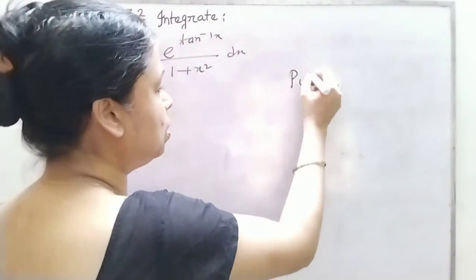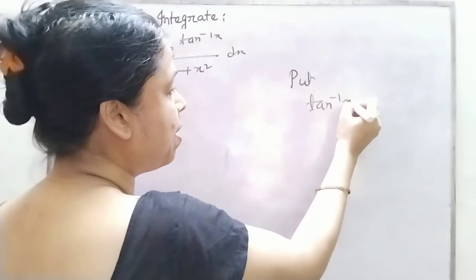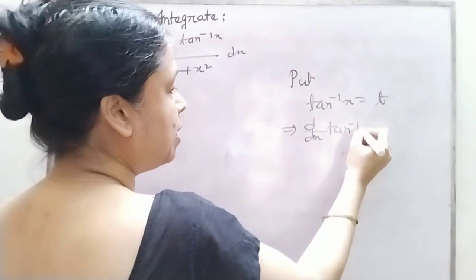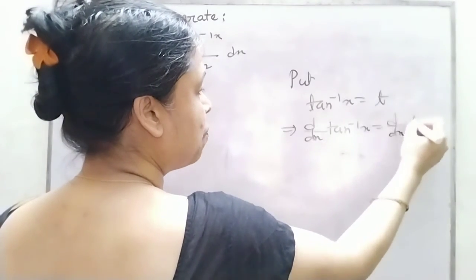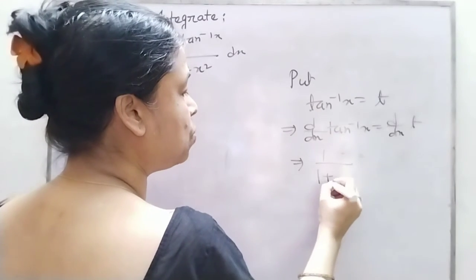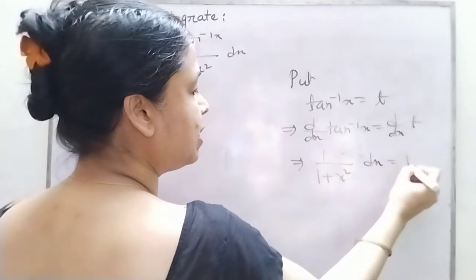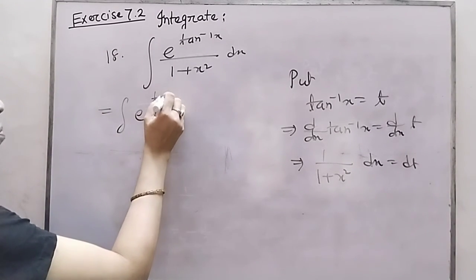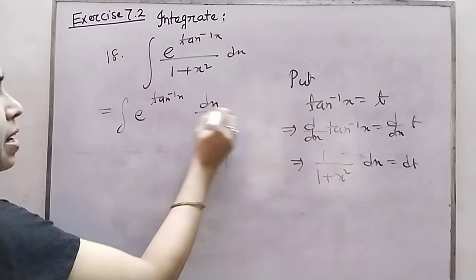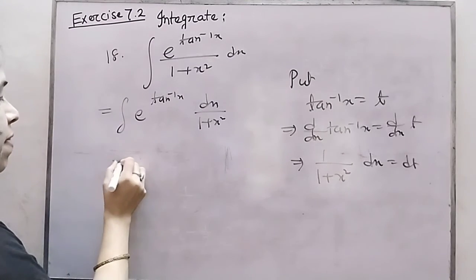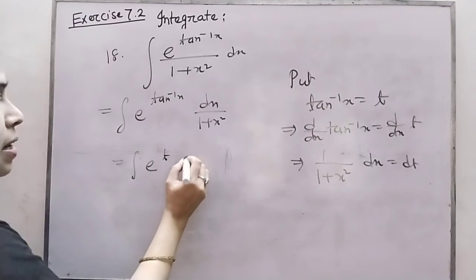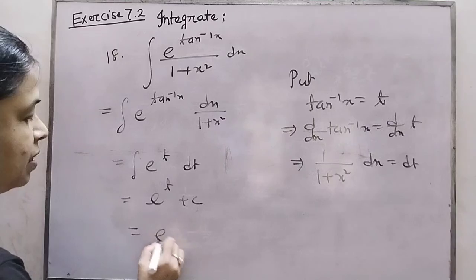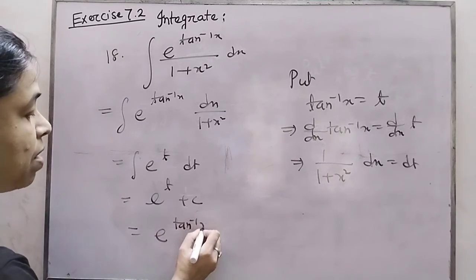So substitute. Everywhere you have to remember the formula. So d by dx of tan inverse of x equal to d by dx of t. And d by dx of tan inverse of x is 1 by 1 plus x square. I just bring dx to the right side and this is the value. So let us arrange it properly so that I can substitute directly. It can be written as dx by 1 plus x square, same thing I have just arranged, e to the power t, and this is equal to dt. And the integration of e to the power t is e to the power t plus c. What is the substitute? Tan inverse of x, plus c.